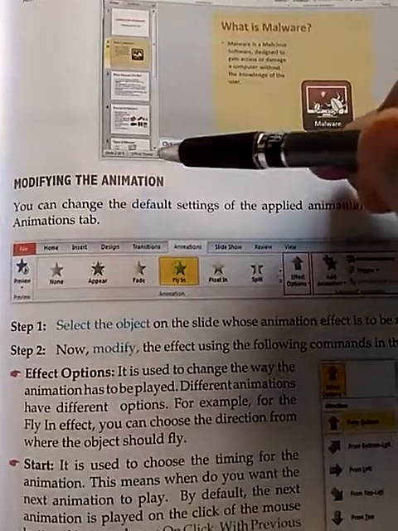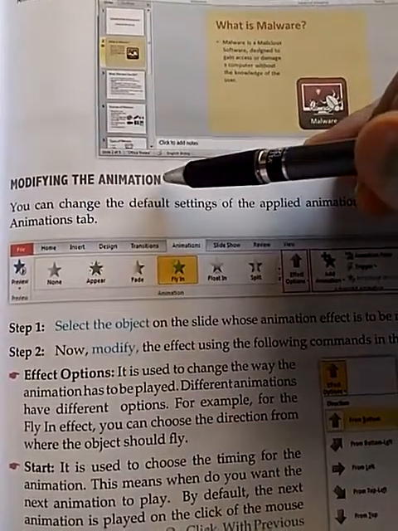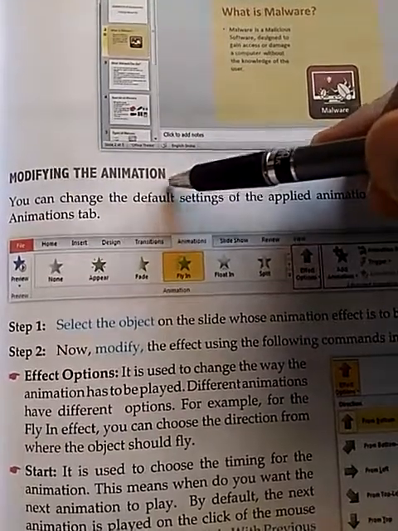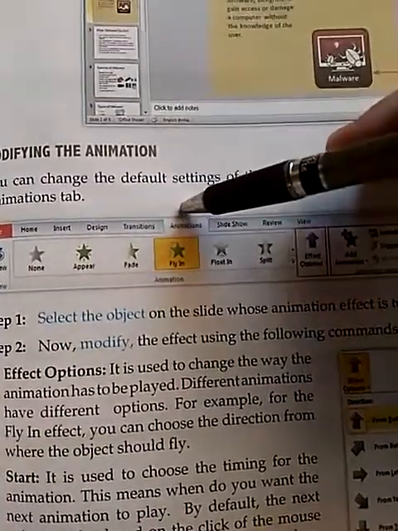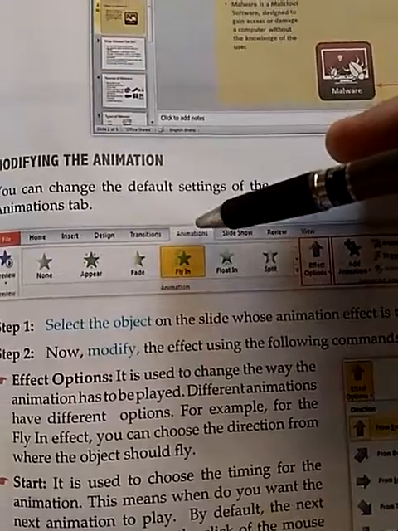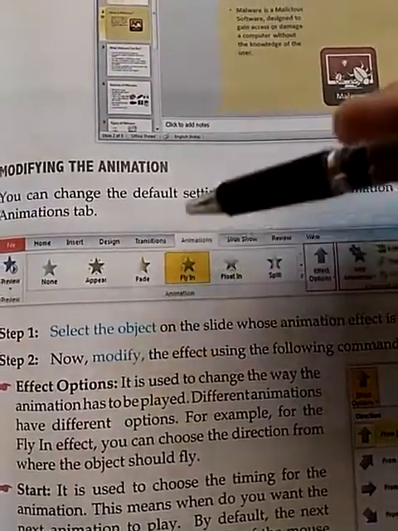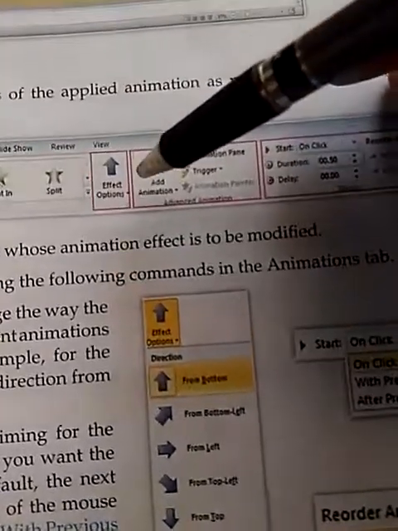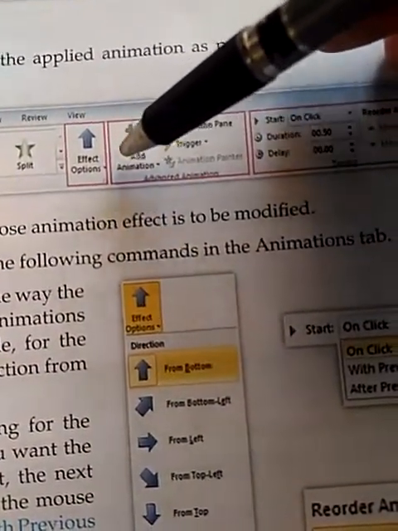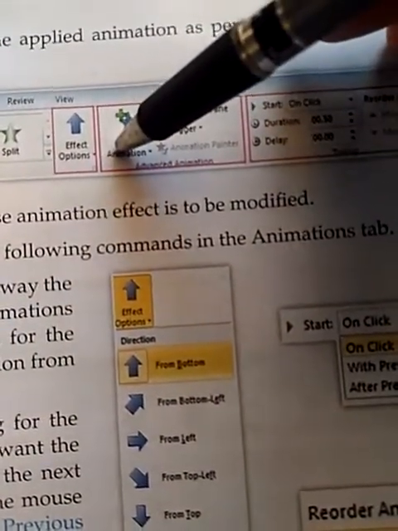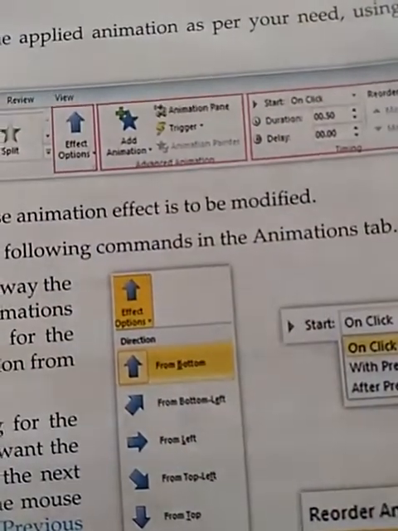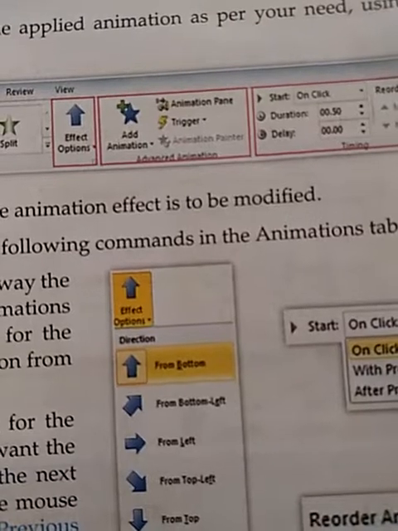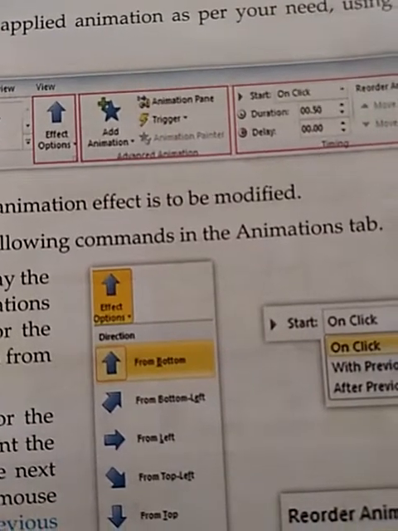If you want to modify any of the animations, then the modification can be done with the help of the animation tab. First you need to select the object. On the animation tab you will find three groups. First one is effect option. Effect option is used to change the way the animation has to be played. Different animations have different options.